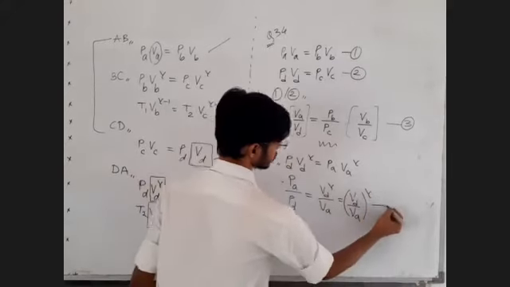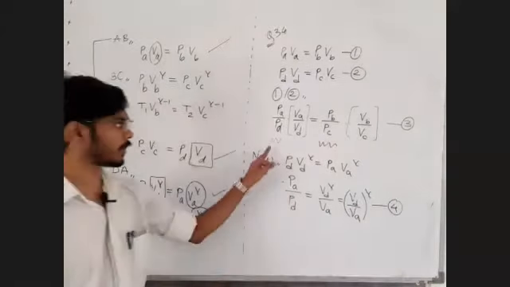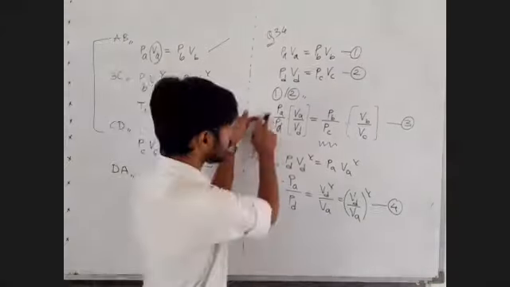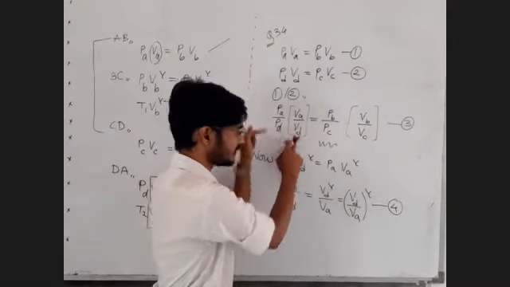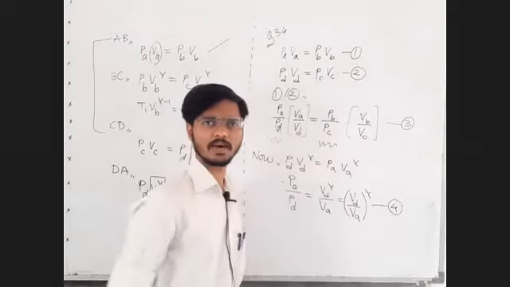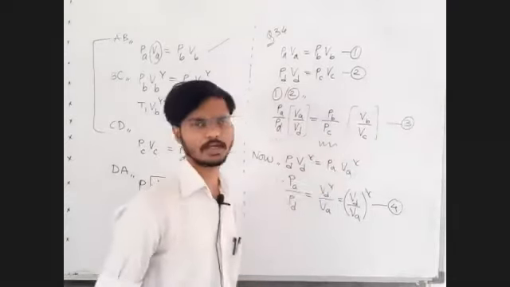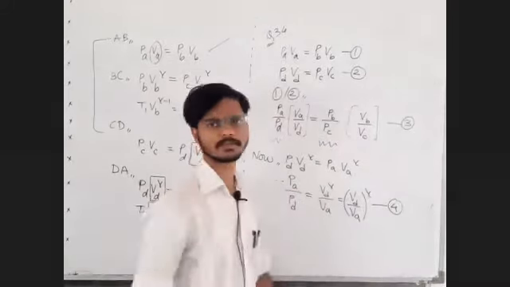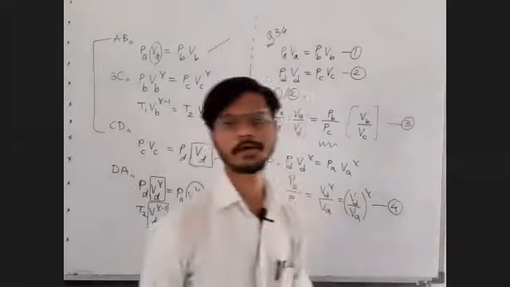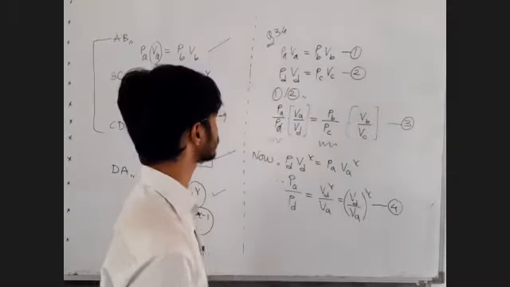Are you getting this? Reply in the chat box. I want to get rid of this. I got rid of this in terms of VA VD, and I want the comparison of VA VD with the VB VC. So that is okay. So I can use this. This is the thought process. Try to get it. I know it is a little bit complex, but let's do the complex things also. Okay.